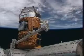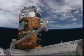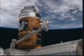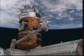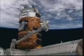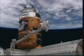With all 4 latches having engaged, this is the first step in the hard mating of the HTV to Harmony. Next stop, the commanding for the bolts, 4 gangs of 4 bolts apiece, 16 bolts in all that will be